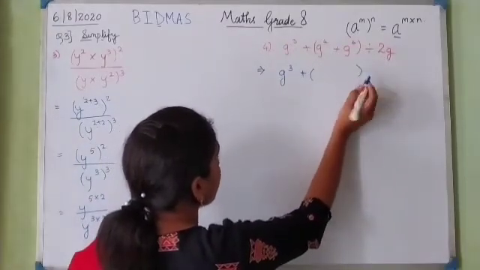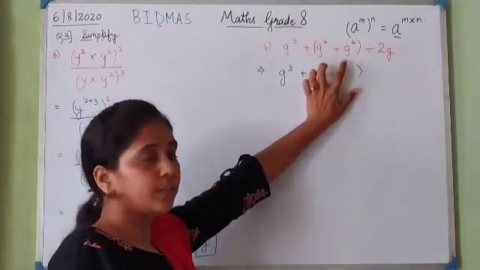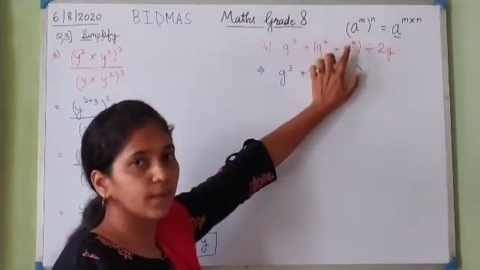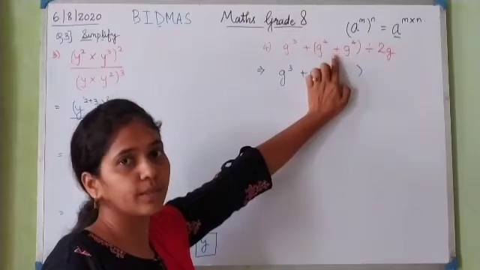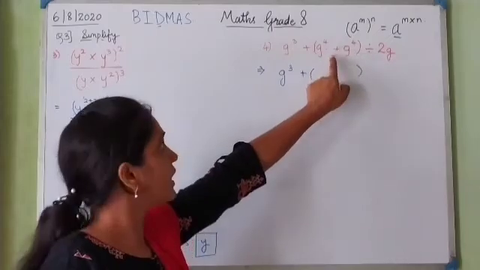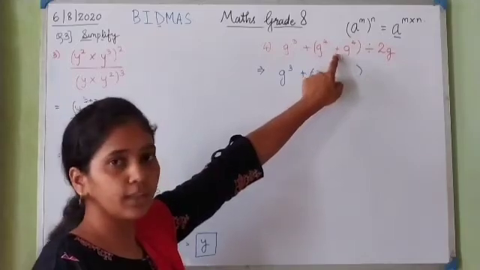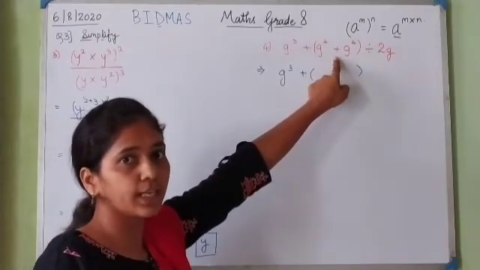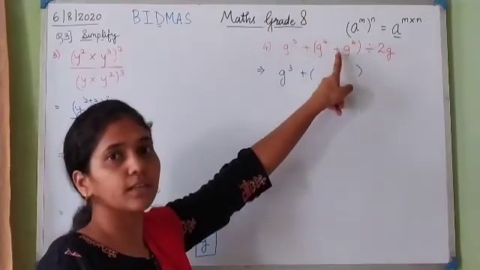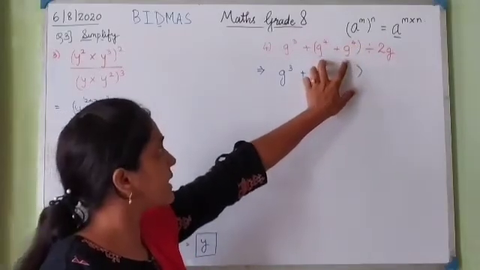Now when the bracket comes, we have not seen any law with this kind, right? The bases are the same, the powers are also the same, but there is a plus sign in between the bases. We have not seen any law which has a plus sign in between, right? So we cannot add their powers. Why? If there had been a multiplication sign here, then we would have added the powers. But there is no multiplication sign here. It is a plus sign. So we cannot add the powers. So this remains as it is.